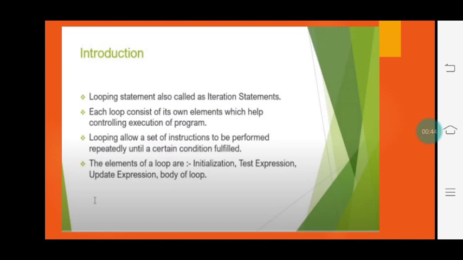Now, let us see one example. If you want to print numbers from 1 to 50, for that you have to use the print command 50 times. So to avoid this, we are going to use a loop. Loops are statements that help us to execute the same command a number of times. The process of repeating a series of statements a number of times is known as looping.